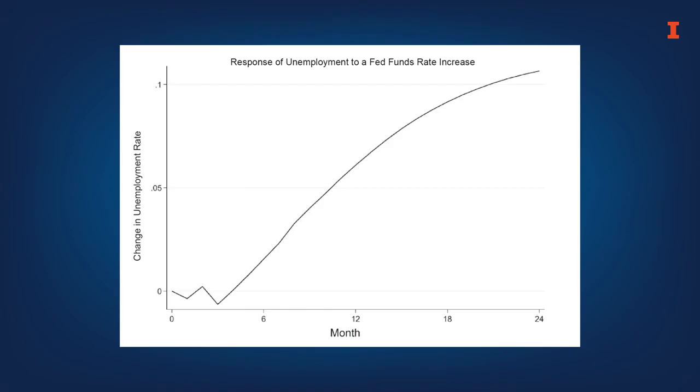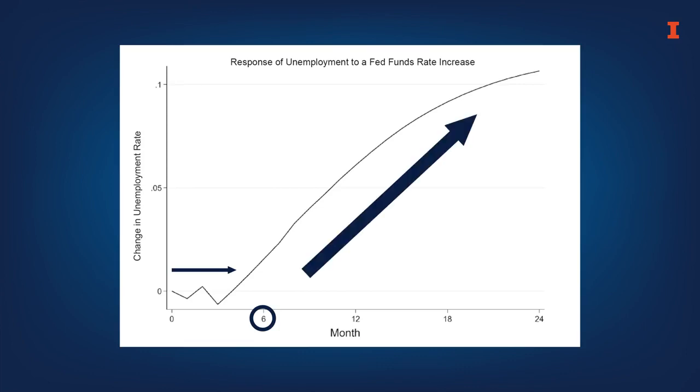Unemployment is the mirror image of industrial production. It takes a couple of months, but with industrial production declining, the unemployment rate starts to rise. In addition, there is evidence that inflation goes down when the federal funds rate is raised. So, if the central bank increases the federal funds rate because it is concerned about the economy running hot, then over the medium run, unemployment will increase and inflation will come down.